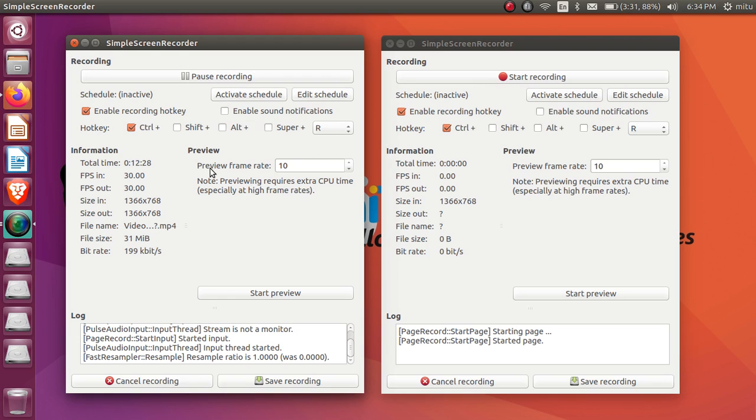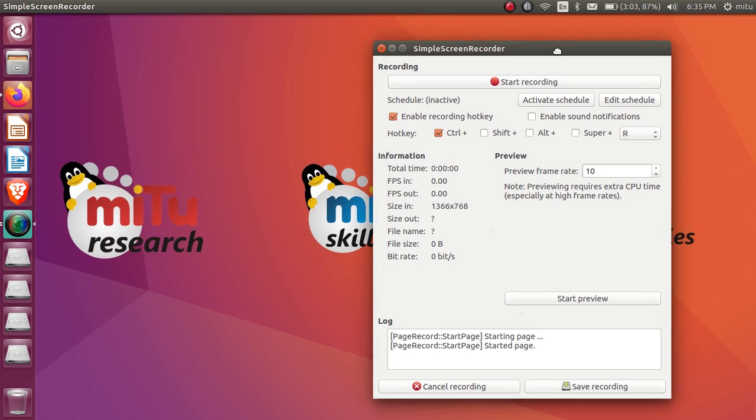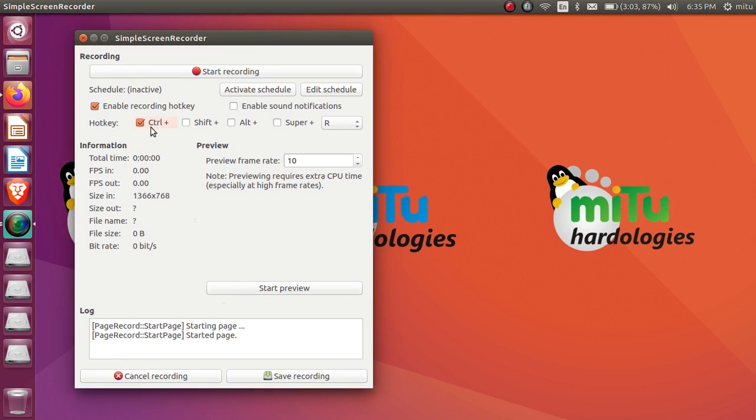So pause, stop and start, we have the same button, that is Control R. Basically stop is not present. We have start and pause, sorry. Based on that we are going to save it. The size in, size out are given, and the current size of the file is mentioned over here also, that is almost 32 megabytes. When you start recording, a similar thing will happen here also with these shortcut keys, and this runtime information will also be maintained there. And if you start a preview, it will show how your video will look, and based on that we will decide whether the properties are working correctly or not.